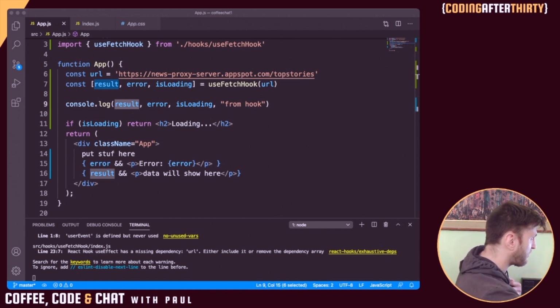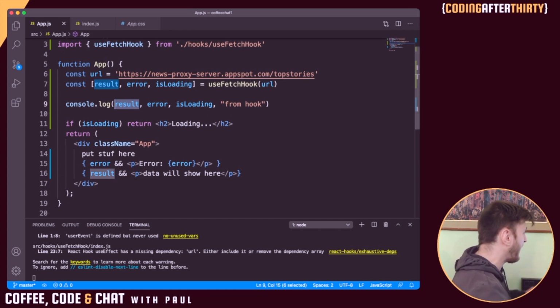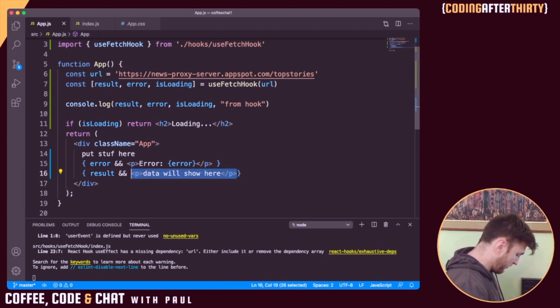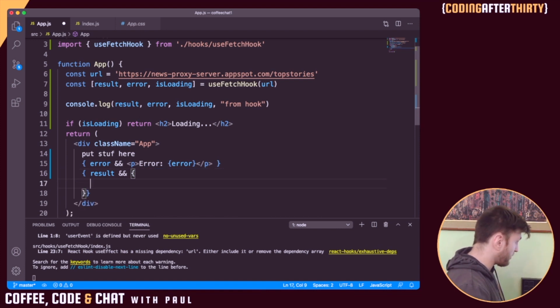So let's jump back to our code here. And this is so far looking great. We're doing good. Obviously, there's 1,000 different ways to do things, but this is just a basic example. Now, we wanted to display data here. So how are we going to display our data here? Well, we are going to basically map through our results